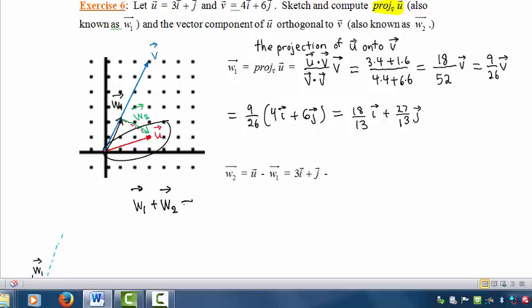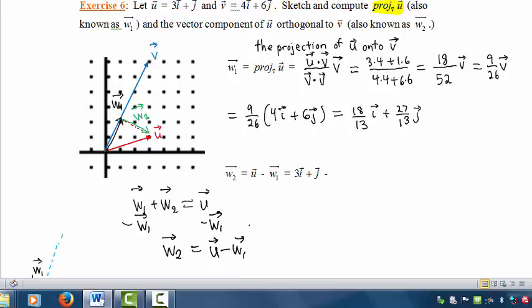That gives you U itself. So it's an easy computation to find the vector component of U orthogonal to V, since we already know the projection vector. Subtracting W1 from both sides of this equation, we get W2 is equal to U minus